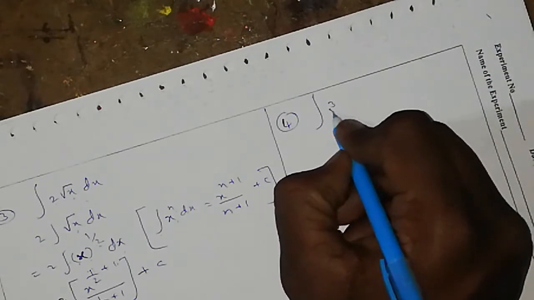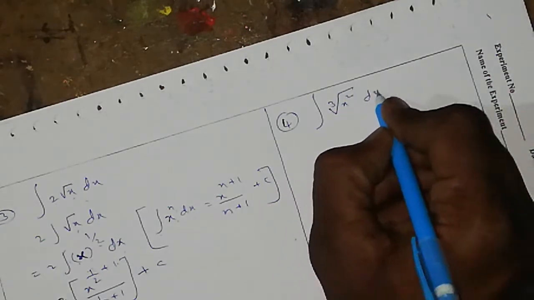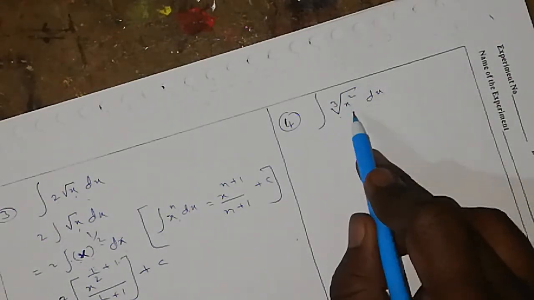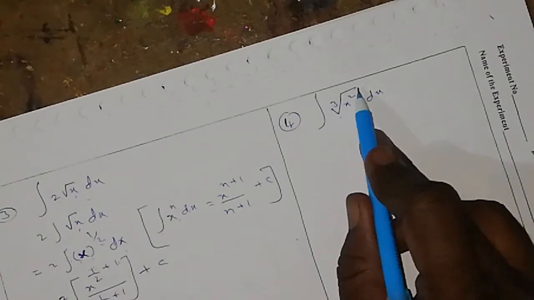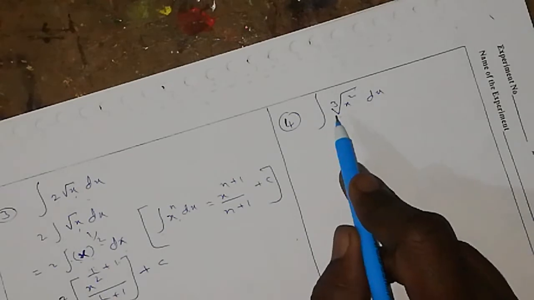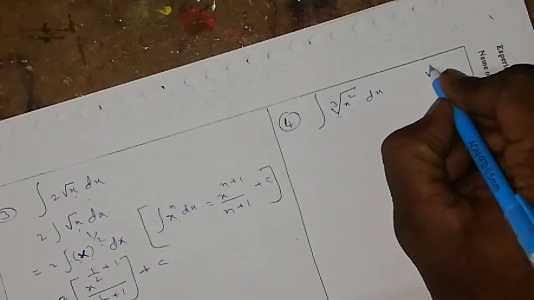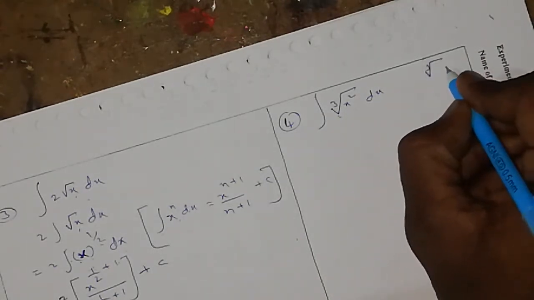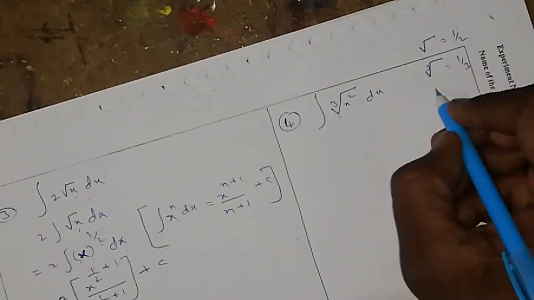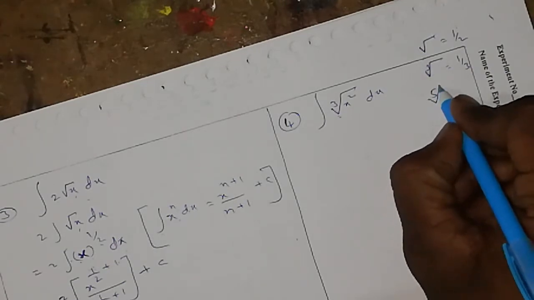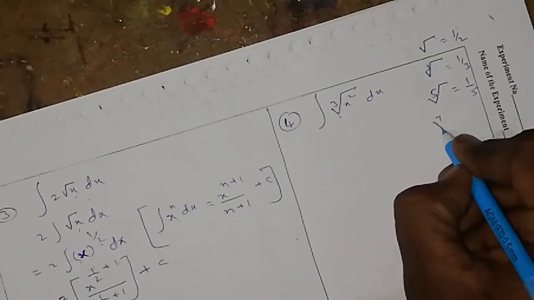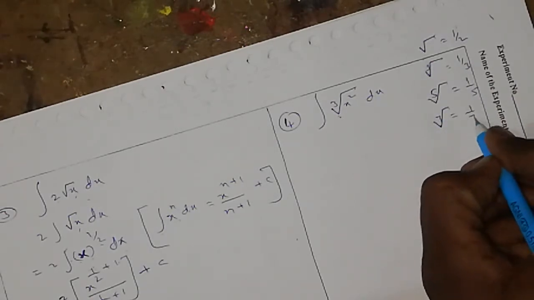Suppose the cube root of x square dx. How can we read this? Cube root of x square, because here 3 is inside the root. So this is called the cube root. This is the square root, this is the cube root. What is meant by cube root? Cube root is nothing but the power 1 by 3. Square root is nothing but the power 1 by 2. Suppose I take the fifth root. Fifth root means the power is 1 by 5. Seventh root means the power is 1 by 7, like this.